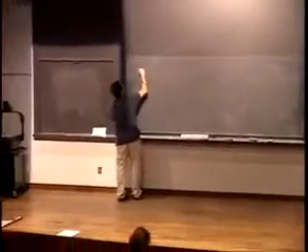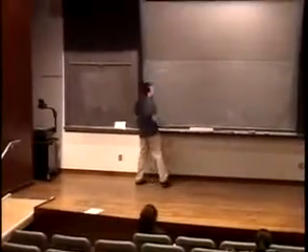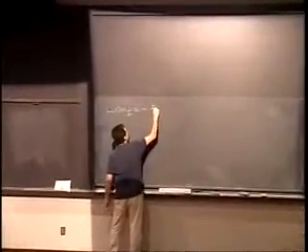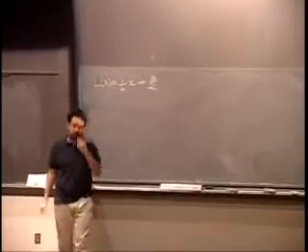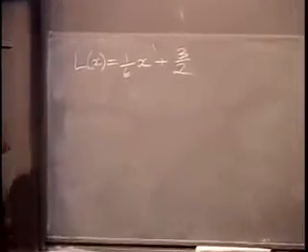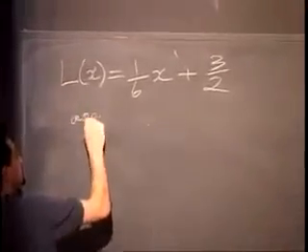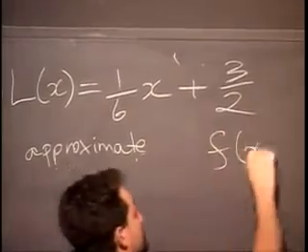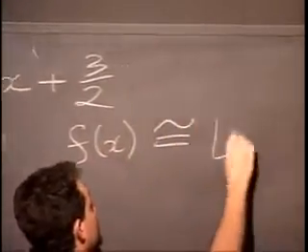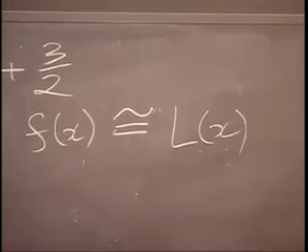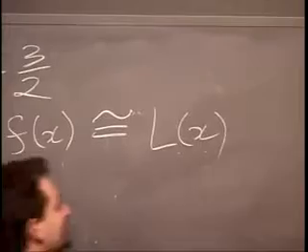Okay, so I have found the equation of the line, and I'm going to now call it L of x, equal to 1/6 x plus 3/2. That's the equation of that green line in the picture before. Okay, so now here is the key idea. As I said, we are going to approximate f of x by L of x. I'm going to pretend that the curve is the line, at least when x is near